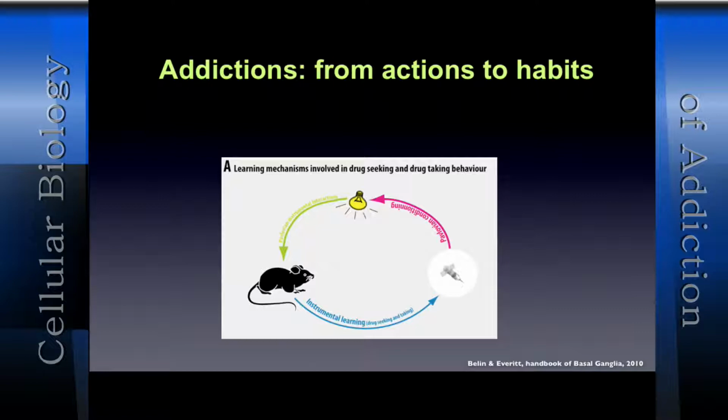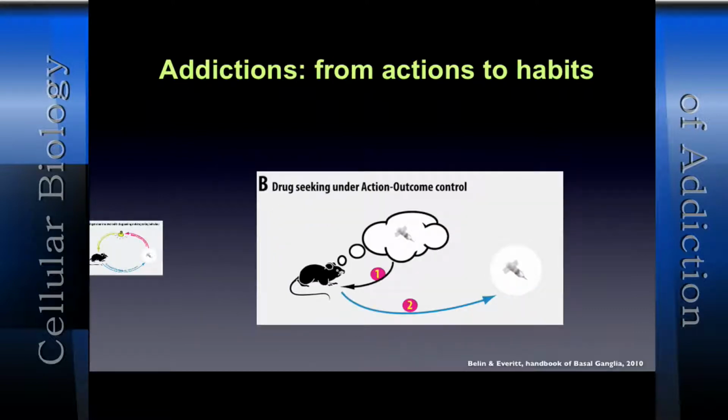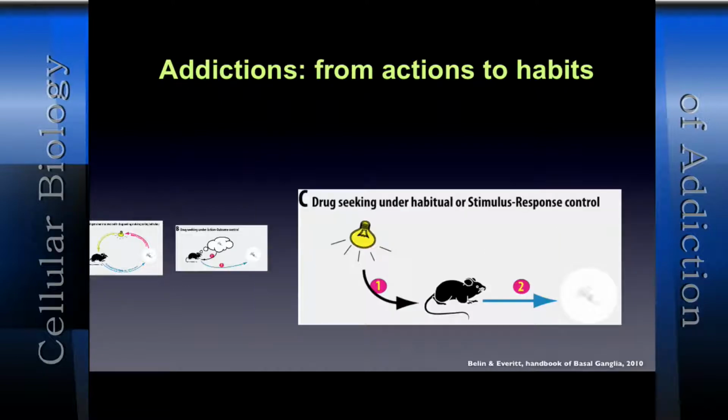So there are two possibilities. First, I want my drug. I'm a rat, and I can have a representation of the outcome. I want my drug, and this drives my behavior, and I'm going to press the lever. Or I'm in this room, and there's this slide that has been associated with the drug. This tells me, go and seek the drug. Even if I don't have the drug, I would do that. Okay?